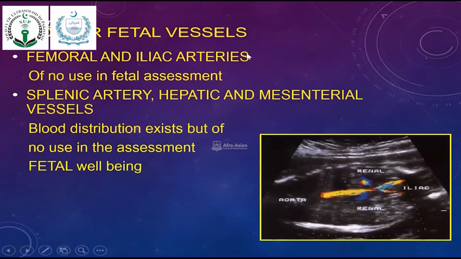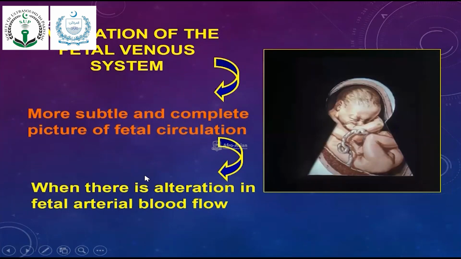Other fetal vessels are the femoral and iliac arteries, which are of no use in fetal assessment. The splenic artery, hepatic and mesenteric vessels have blood distribution, but are of no use in assessment of fetal well-being. After the three arteries, meaning the umbilical artery, fetal aorta, and middle cerebral artery,